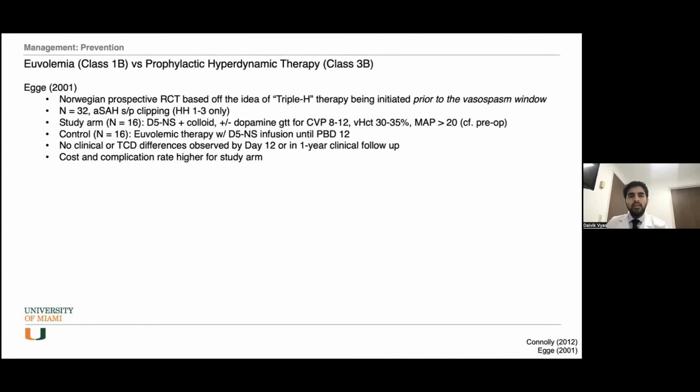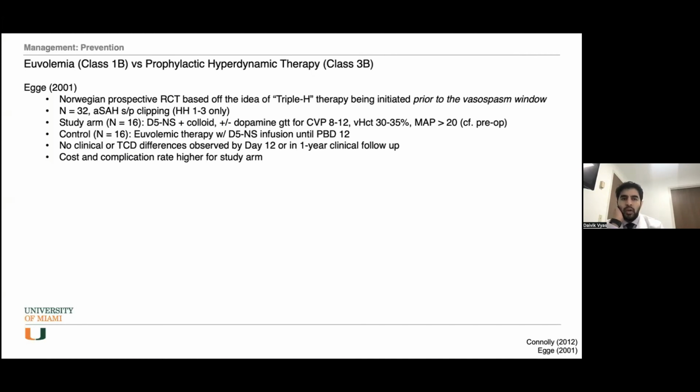The second area of research within prevention therapy is what is the volume status of these patients, and can we prophylactically provide hyperdynamic therapy? And the evidence for this is that ultimately you want to go towards maintaining euvolemia to prevent vasospasm, but you don't necessarily want to do triple H therapy. And I'll cover the types of triple H therapy in just a second, but the paper for this comes out